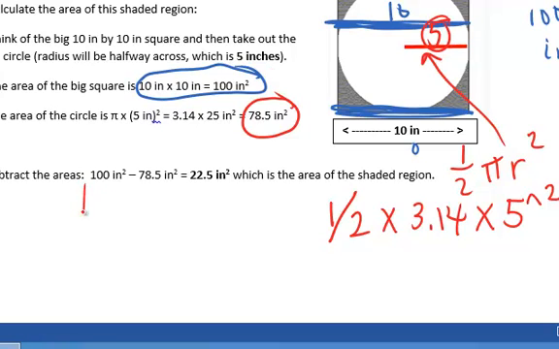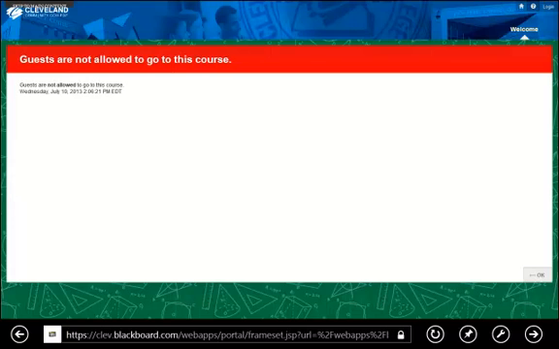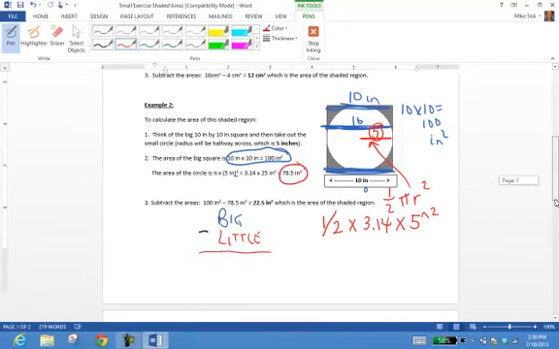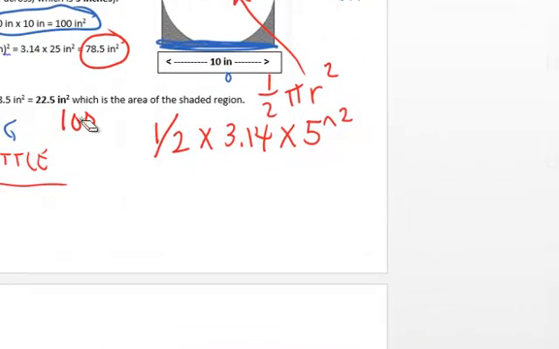Now again, you think big, subtract little. Okay? And the area has to be positive. It can't be negative. I do this every time with Windows 8. I apologize profusely for this screen acting up. Excuse me. All right, big subtract little. The big one, if you recall, in blue, was 100 square inches. Again, I'm changing color so the color scheme matches up for you. The little one was